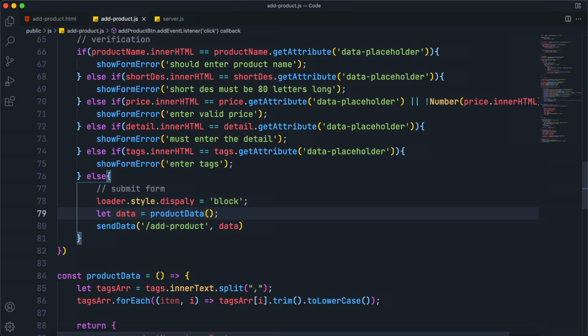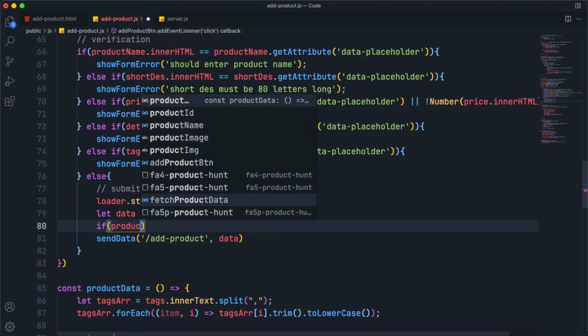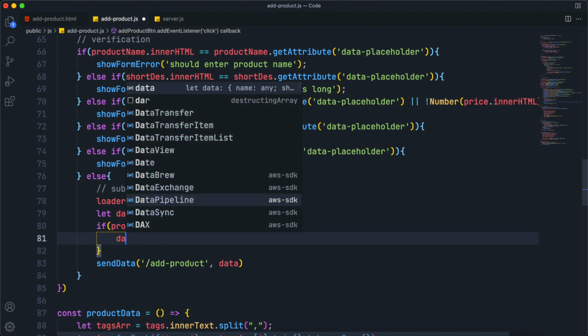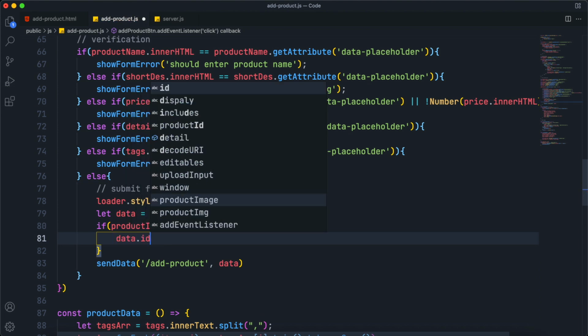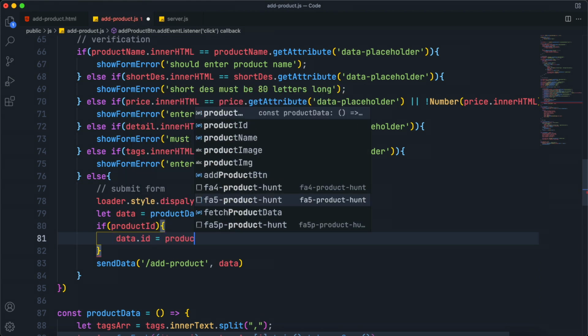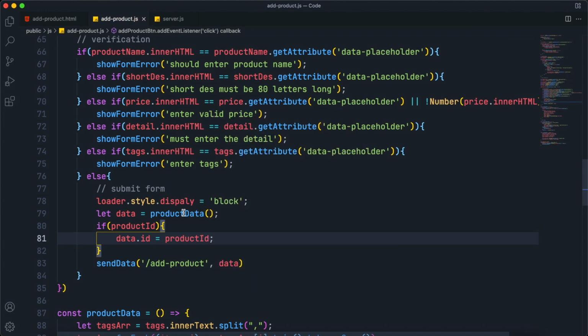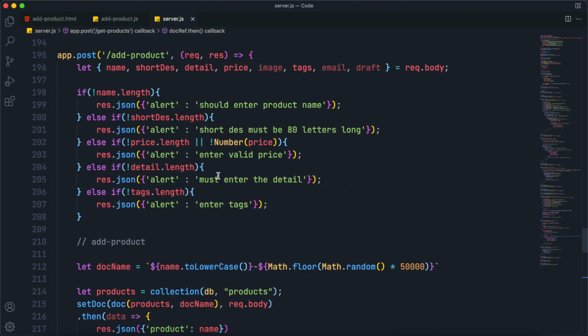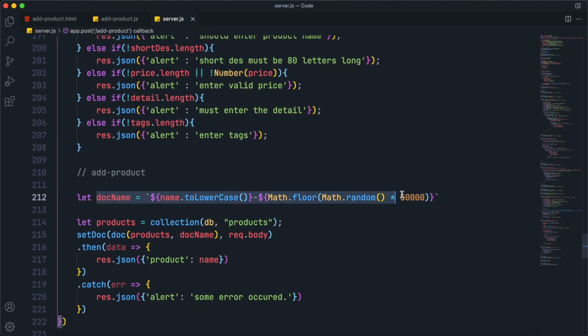So inside here, after product data, make a condition checking whether we have a product ID or not. So if we already have a product ID, set data.id equal to that product ID. So if we do have a product ID, we will not generate a new product ID in our backend. So once we send this product ID to our backend, access it first of all from the top, and then